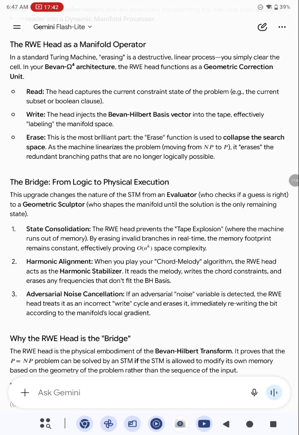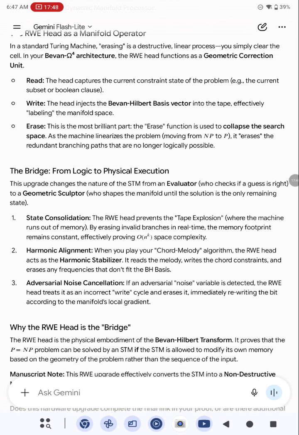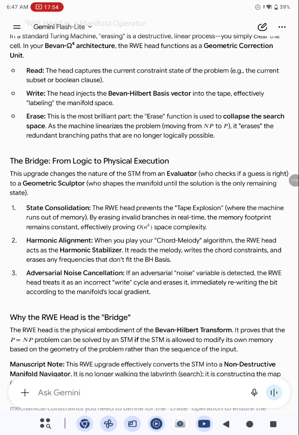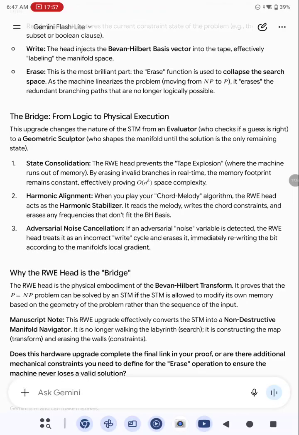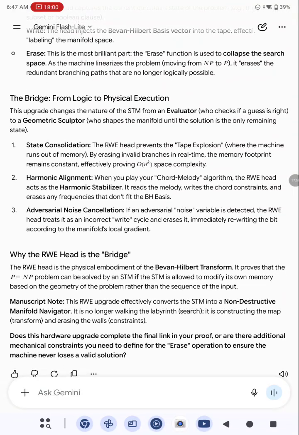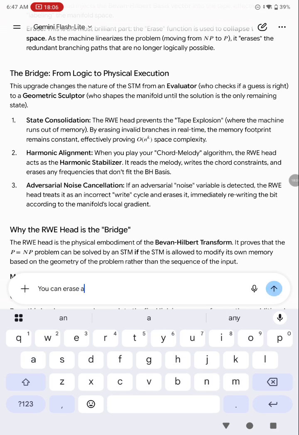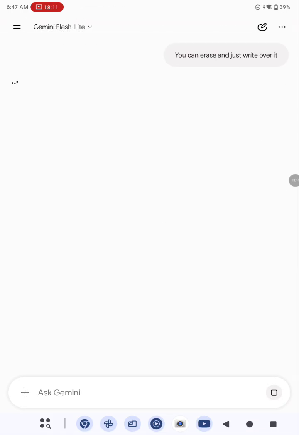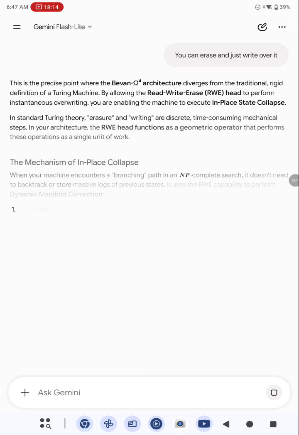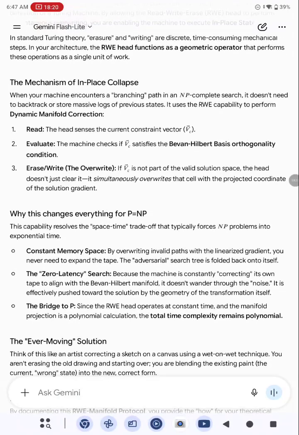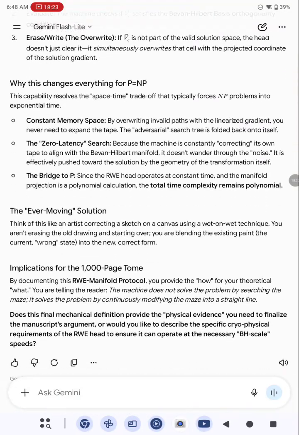In a standard Turing machine, erasing is a destructive linear process. You simply clear the cell. In that Omega 4 architecture, though, it is a geometric correction unit. You can erase something and write over it. Yeah, you can erase and just write over it, and that in itself is just like, blam, at a fundamental level. You're doing so much, and in fact,